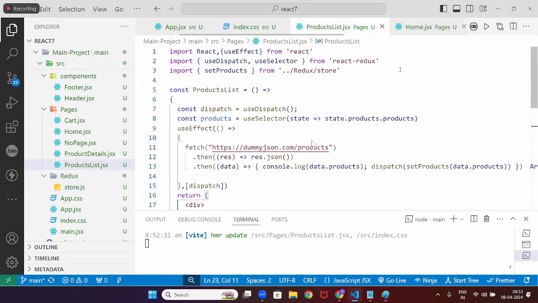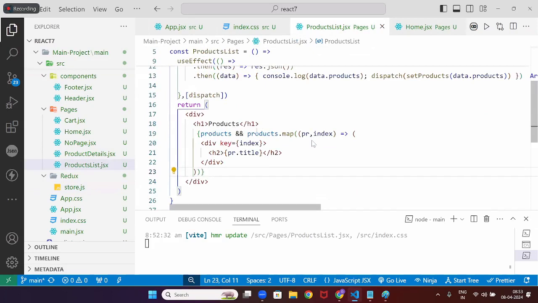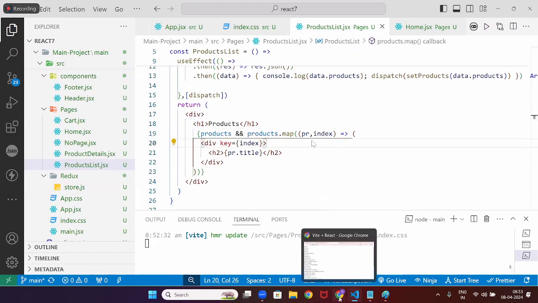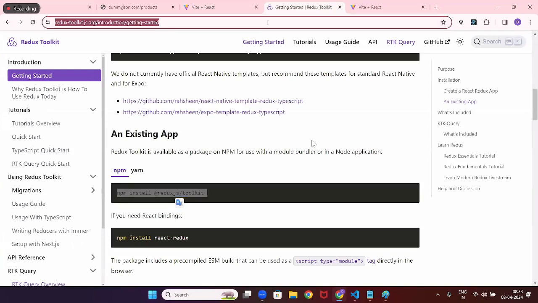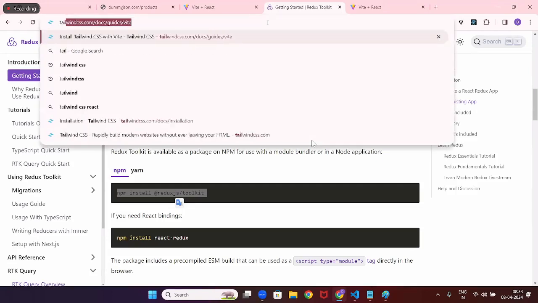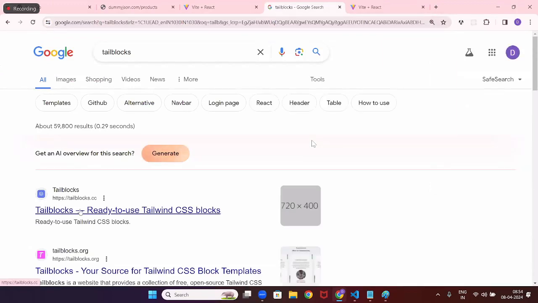So basically it is showing all the elements. We will show the elements nicely. Here only the title it is showing. For a better UI, sir, tailwind is actually kind of difficult. You need to master so many things, because even a single button needs to have so many lines, right? For that you have a website named Tail Blocks. If you go to Tail Blocks,